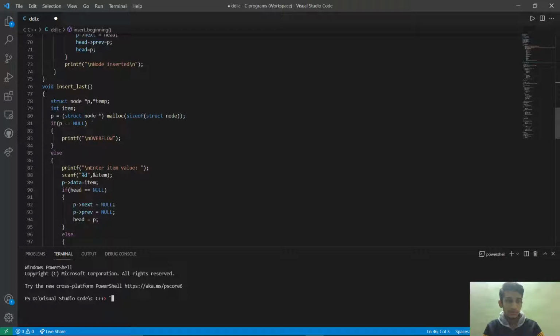Item is for getting the value. If it is not overflow, these are all the same. We are creating a memory space, and then entering the item value. I am just getting the item value. If the item,